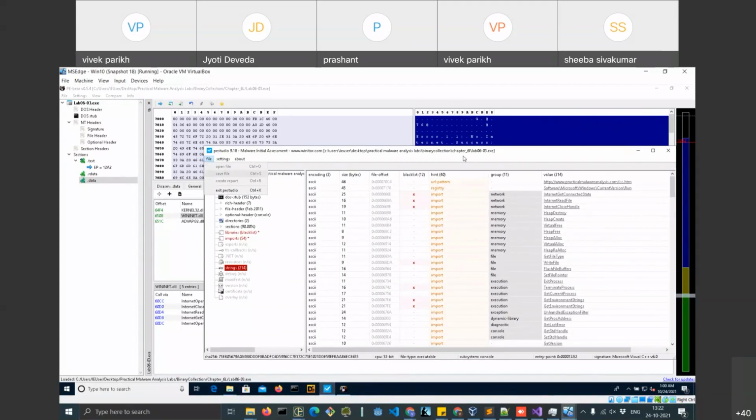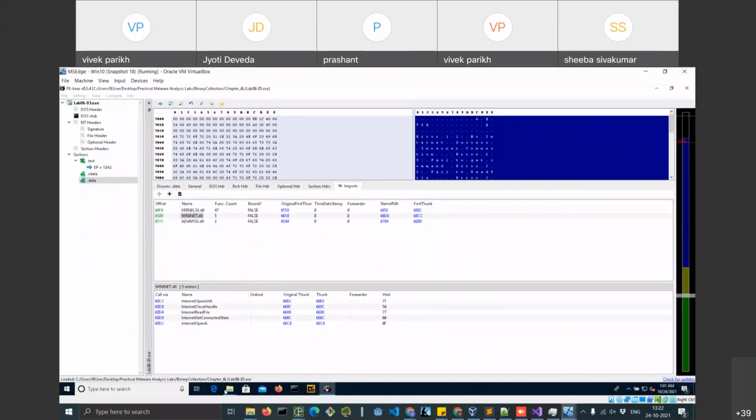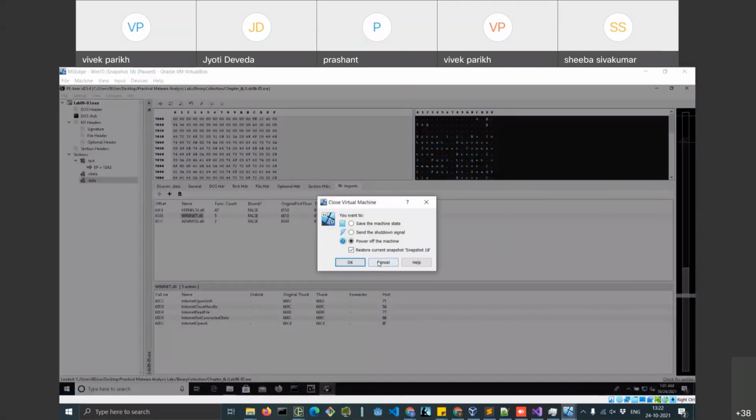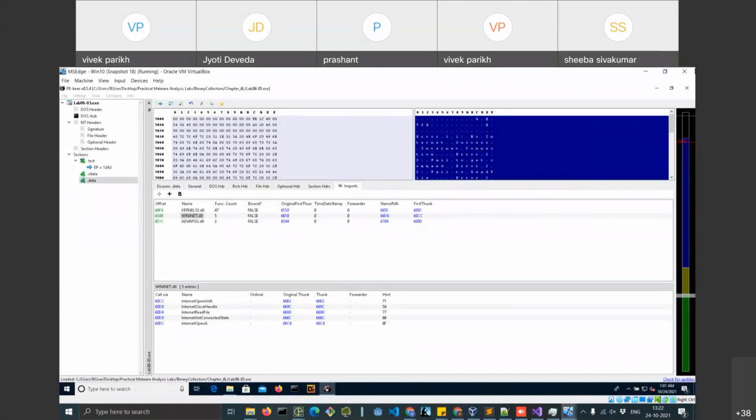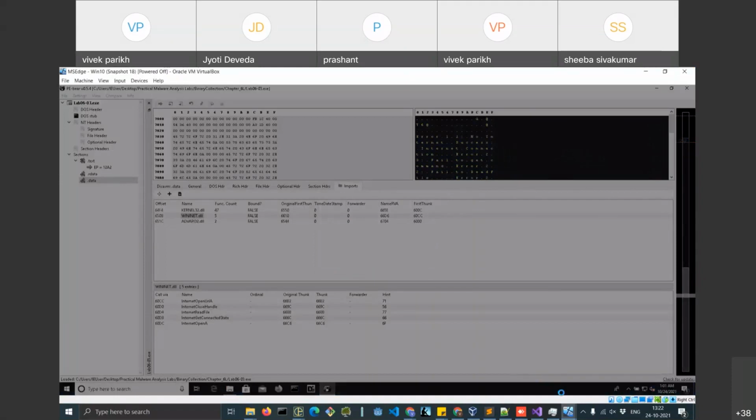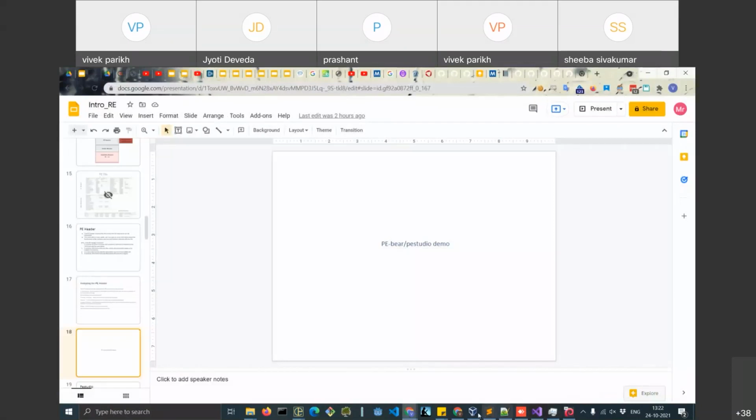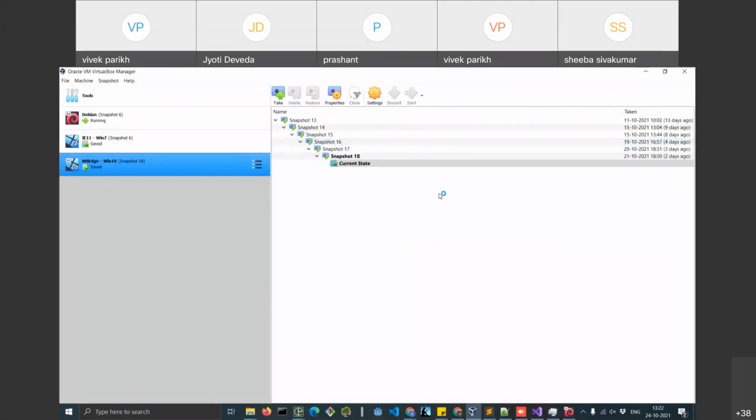What I'm trying to do is start this Windows 10 VM, because I need to show you a binary in PE Studio.